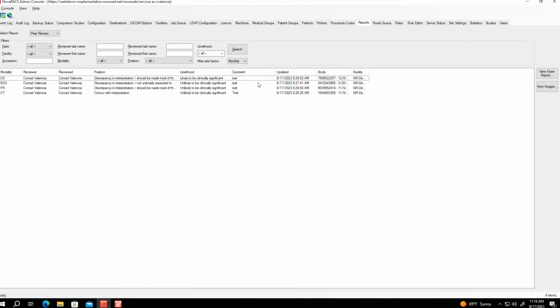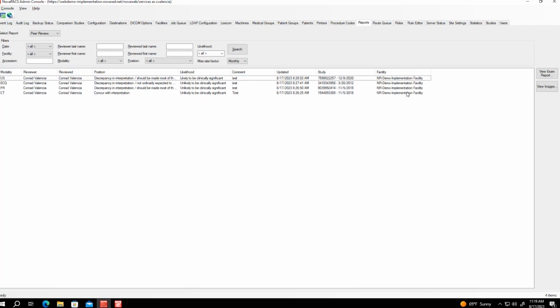You have any comments that were entered by the person performing the peer review, the date and time it was updated, and then your study information. Once again, the study information that it's displaying is the accession number and the date of the exam. It does not display the study description. And then it's going to list the facility that